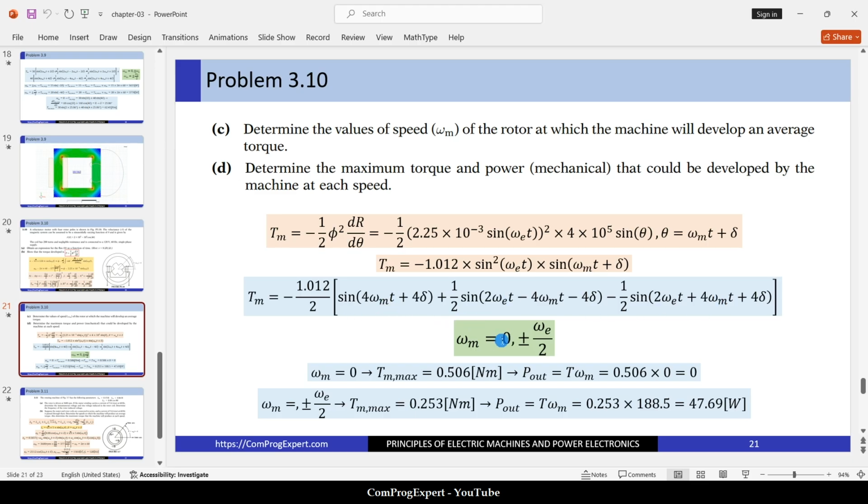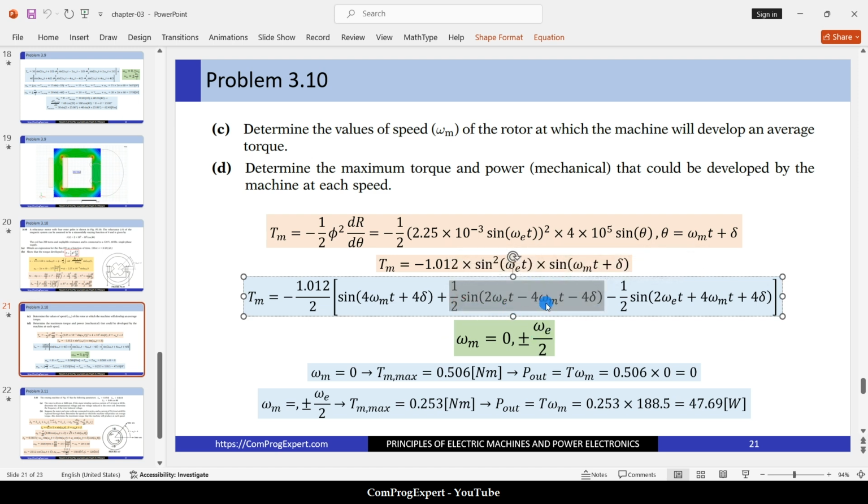We will have average torque when omega m is equal to 0. In this case, the average torque will be equal to this term. The maximum is 0.5 Newton meter, because the average value of the other two functions is 0. We have omega e t. In this case, because the rotor speed is 0, the mechanical power is also 0. What is the next speed? The next speed is this one, when we have an average value for this term,